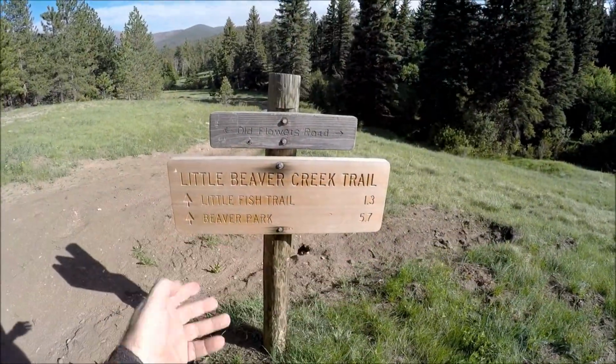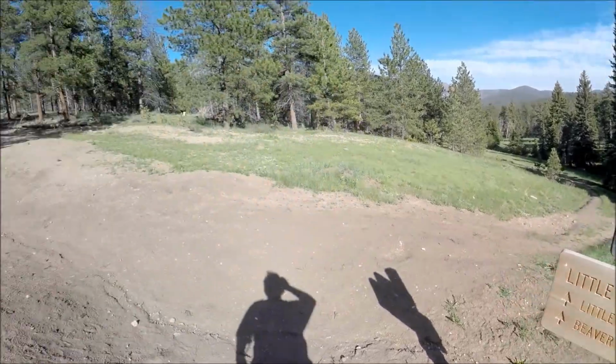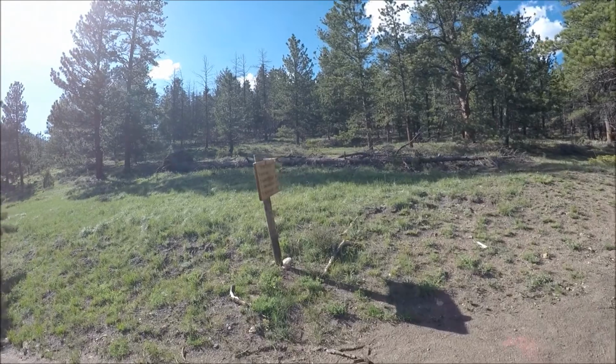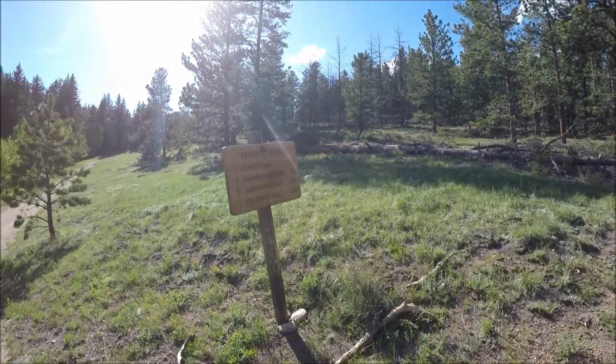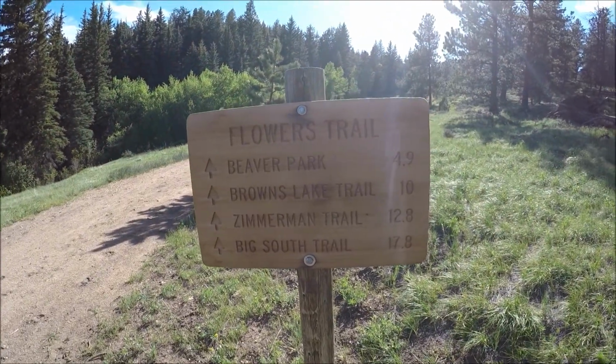Okay, so here we are back at the trailhead, the Little Beaver Creek Trail. And right over here, from where we got started this morning, the Flowers Trail. All right. So, Beaver Park